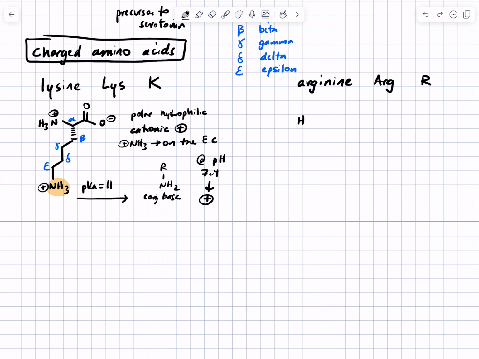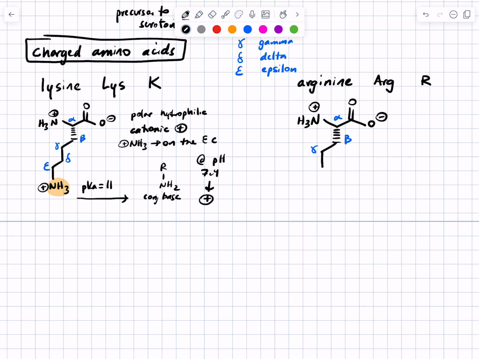Arginine, unfortunately, is more complicated than lysine. It has a functional group you've actually seen, I think. I think there was an arginine in a peptide that I gave you on a 'what is the charge on this molecule' type question before. For arginine, you've got the alpha, the beta, the gamma, and the delta carbons,